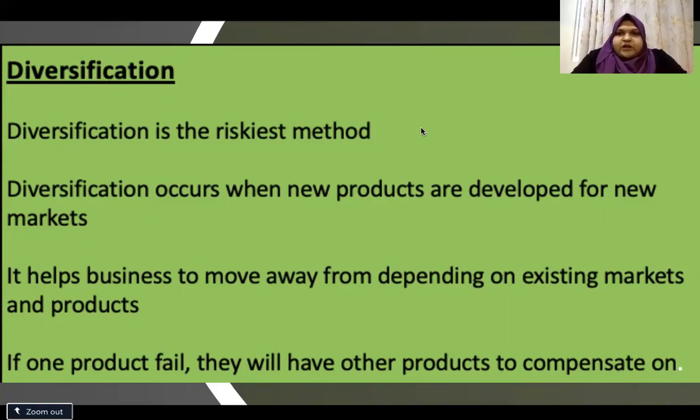But if you are selling only one product, let's say you have a restaurant, and the demand for your restaurant falls, then your business is gone. But let's say you also have a supermarket. In that case, even if your restaurant is losing business, you still have your supermarket to go on. So this is the advantage of diversification. But then again, this is the riskiest, because you have to come up with a new product, and you have to deal with a new target market, or a new set of customers. So this can put the business at risk, because you don't know whether it's going to be successful